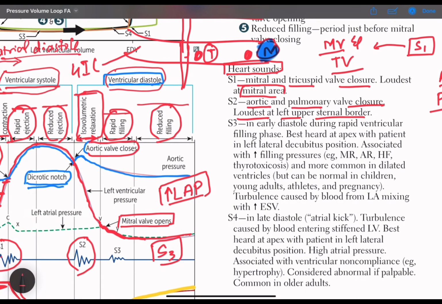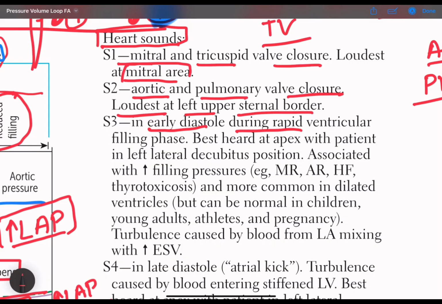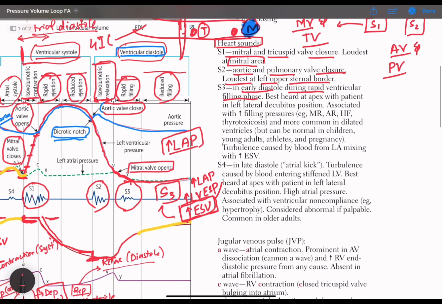So S3 is caused by increased left atrial pressure, which in turn leads to increased left ventricular end systolic pressure or volume. So when we have blood pumped against increased end systolic volume, the turbulence caused by this will generate S3. So what are the conditions which lead to increased end systolic volume? S3 occurs in early diastole during the rapid ventricular filling phase. If you look at the ventricular diastole, S3 occurs during the rapid filling phase,